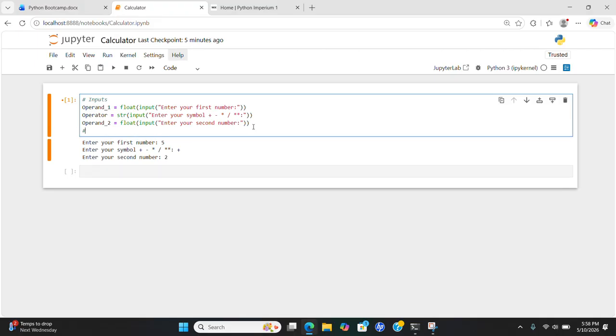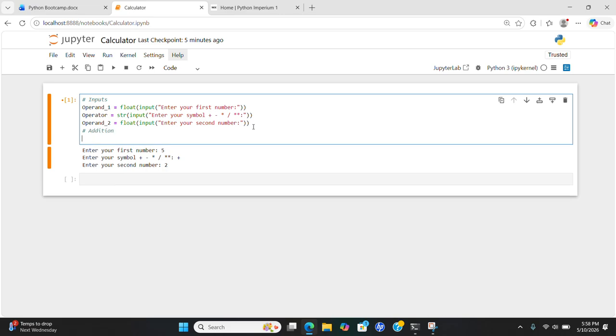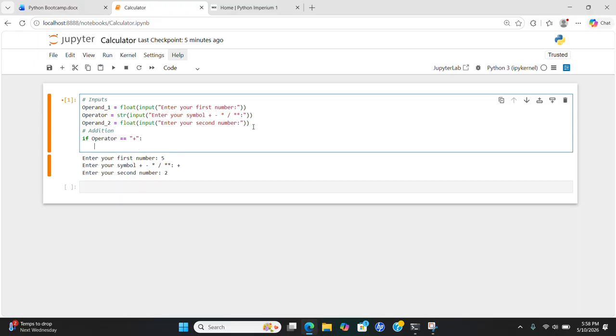So let's go on to the actual math. Let's start off with the simplest, addition. So this is where the if, elif, and else statements come in. So let's start off with the if statement. If operator equals plus, print the sum of operand1 and operand2